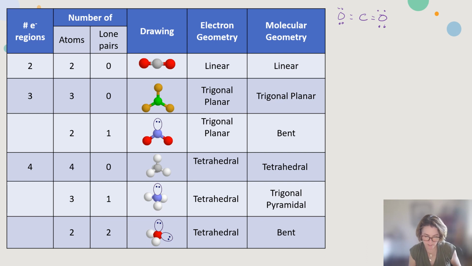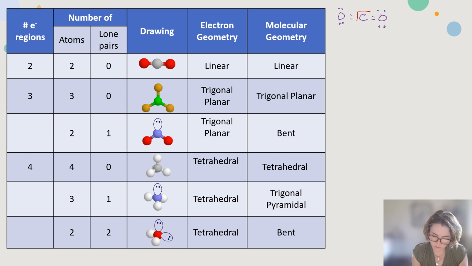So the very first thing I want to do is identify my central atom. So my central atom is going to be the atom that's in the middle, right? It's going to be surrounded by my external atoms. So in this case, carbon is my